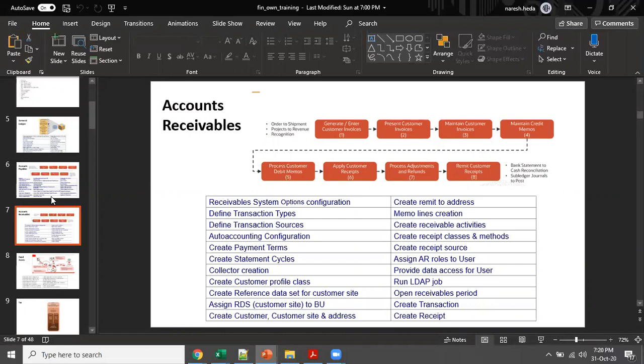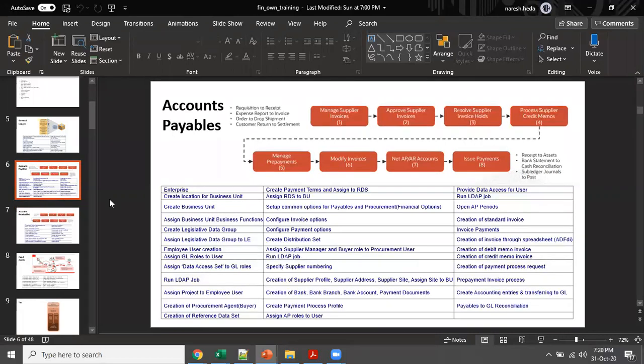Then cash management also is one of the setups. That also comes as a common module for both payables and receivables. So we will do the cash management setup before either of these, so that we are able to reconcile our bank statement with our ledger statement. And it's not that for cash management I have to do a separate setup for payables or receivables. Cash management setups are done for a BU. Since we are using the same BU across all our training, we would be using the cash management also for the same payables and receivables.